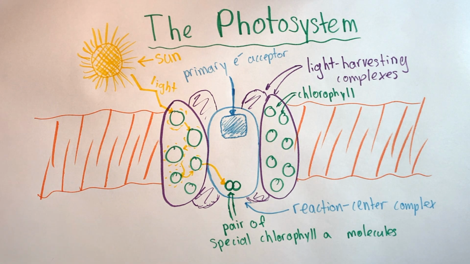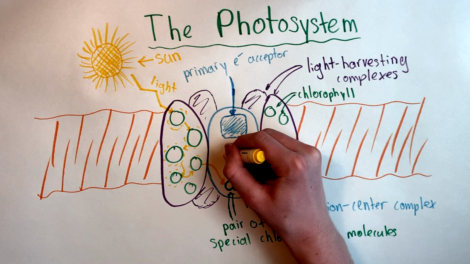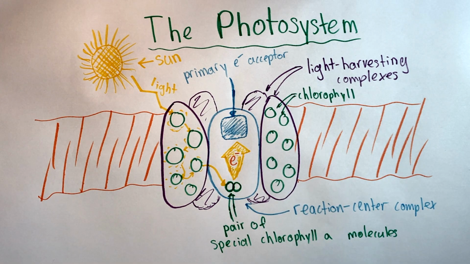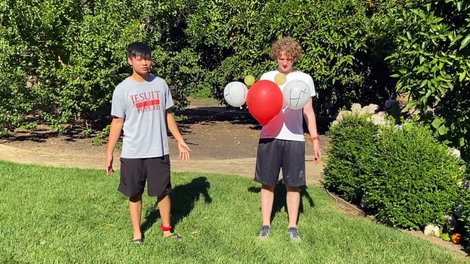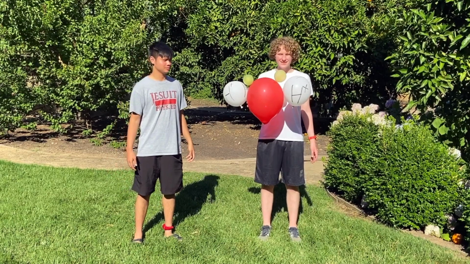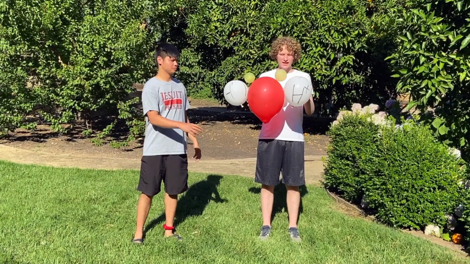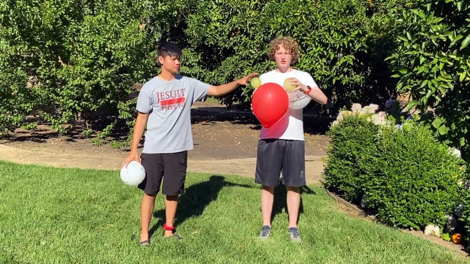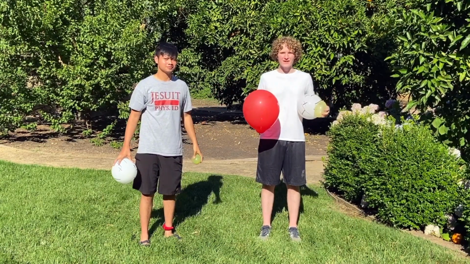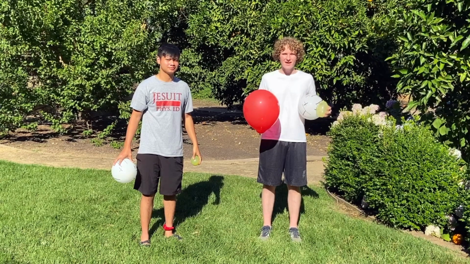The special chlorophyll molecules donate an electron to the primary electron acceptor in the reaction center complex, and that electron is transported into the electron transport chain. That's really cool, but where do all those electrons come from? There are enzymes in the thylakoid that catalyze a reaction called hydrolysis, or the splitting of water molecules. During hydrolysis, 2 electrons are released and move into the reaction center complex of the photosystem,